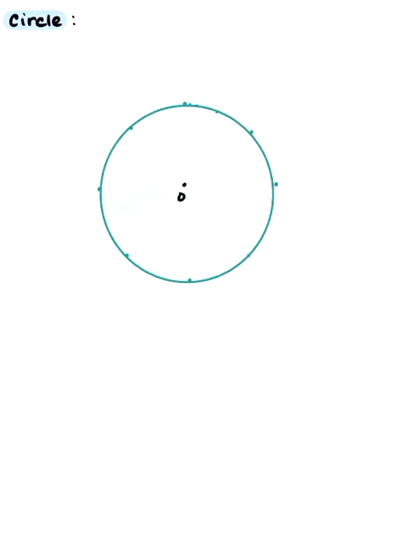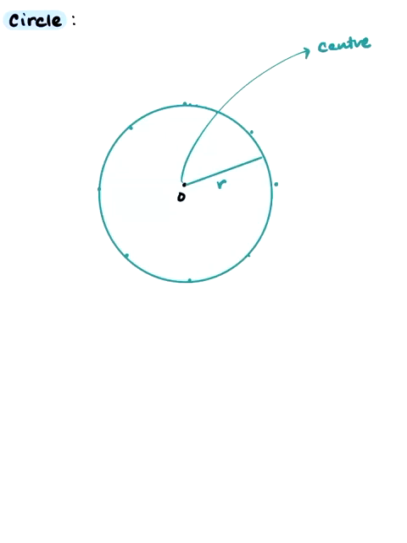So what is a circle? I repeat, a circle is a set of all the points marked equidistant from a given point. What is the given point known as? The given point is known as the center of the circle. And the fixed distance is known as? Circumference? No, it is known as the radius. The fixed distance that every point maintains from the center is known as the radius of the circle.